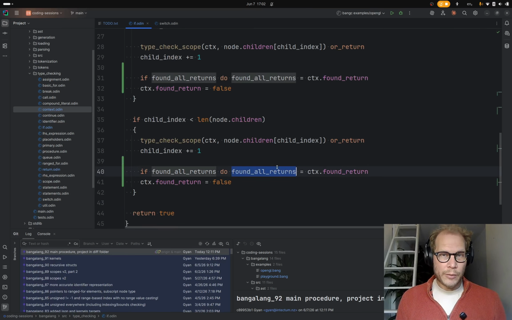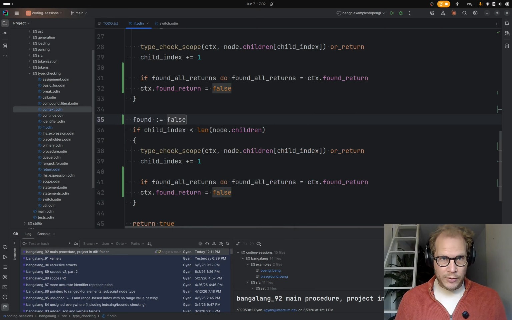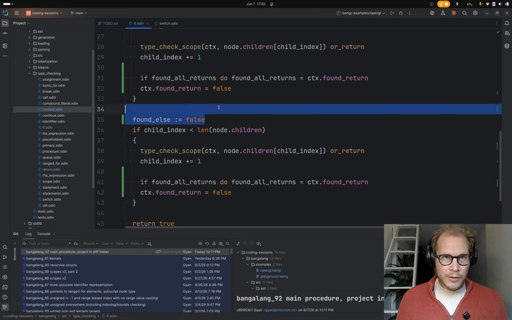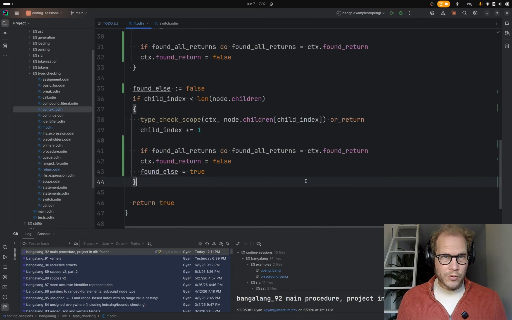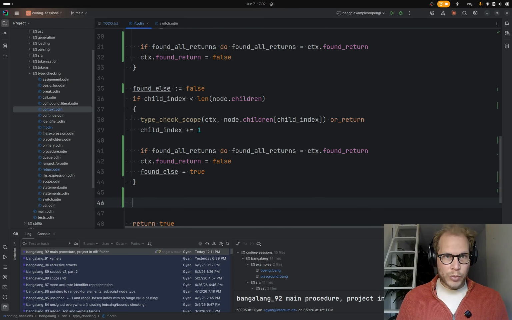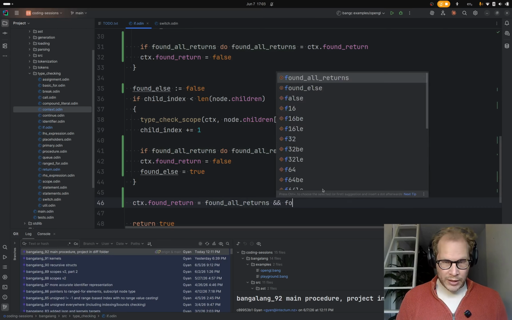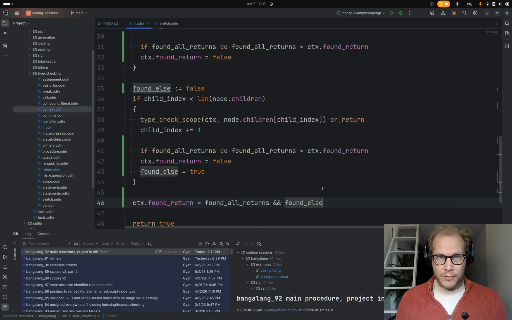So now we know if we found all returns, and maybe I can say found else, and we can say found else is true. And then at the bottom, we can say found return equals we found all the returns and we found an else.